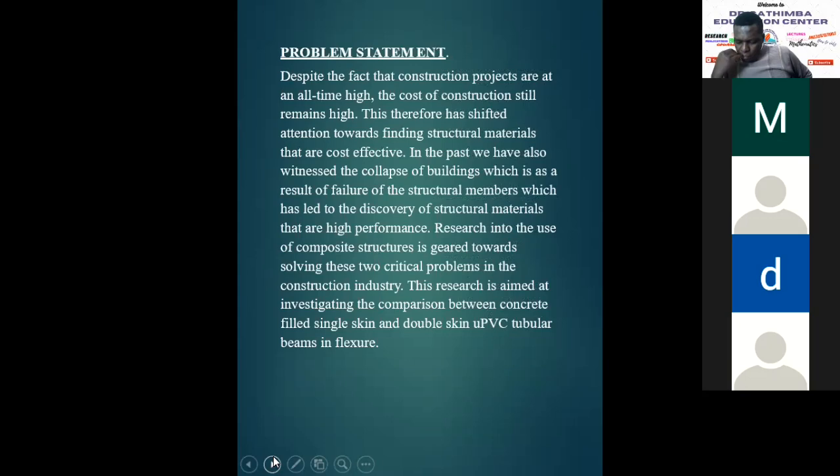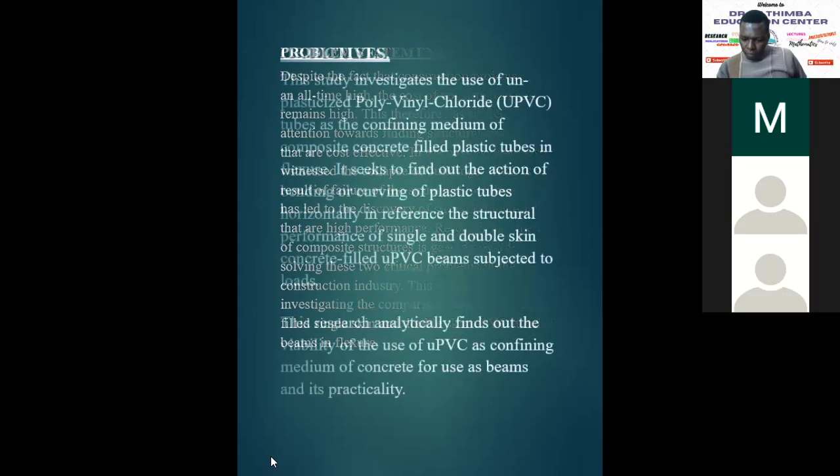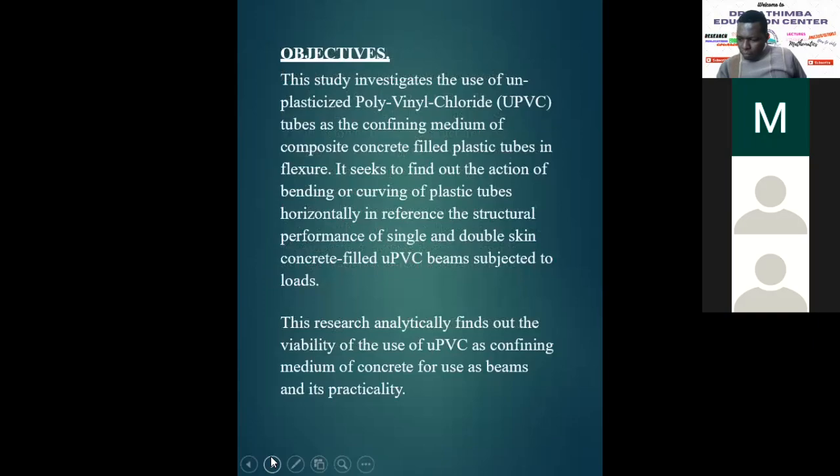This new method of making the concrete filled tubes and beams has proven to be stronger than the conventional methods. So the objectives: the study investigates the use of UPVC tubes as a confining medium of composite concrete filled